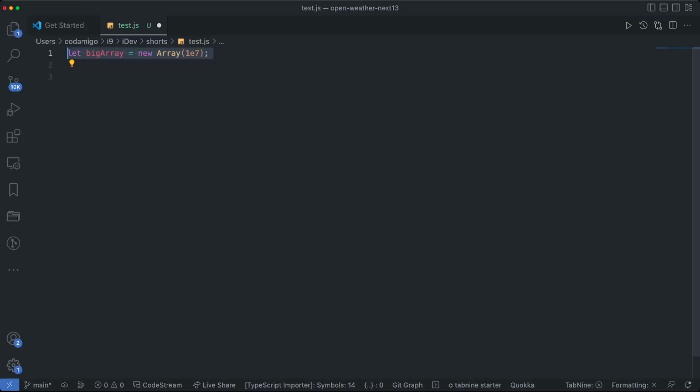Hi, let me quickly define a very big array. The size of the array is 1 million. Let me fill all the values by 0. Next, I'm going to define a context or a scope, and I'm going to use console.time because I want to